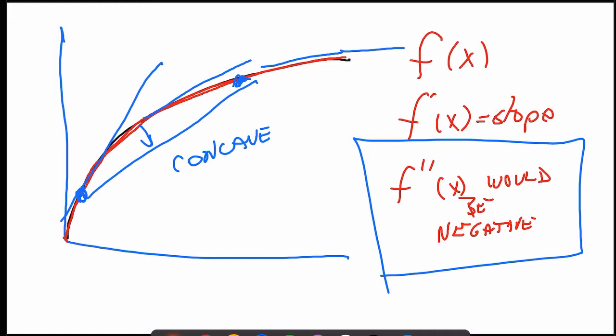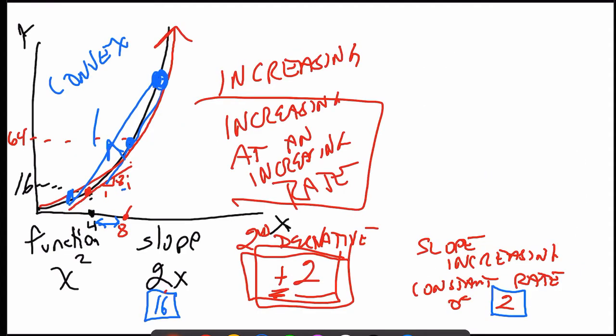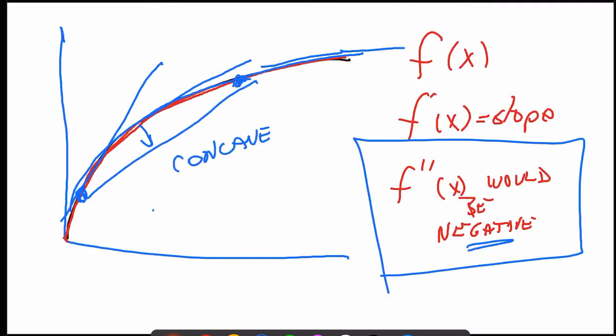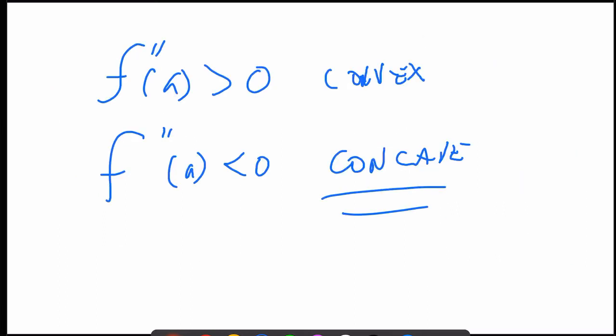Okay? Slope is negative because it's decreasing. It's increasing at a decreasing rate. It's increasing at an increasing rate. Okay? Now, you're saying, who cares? Well,